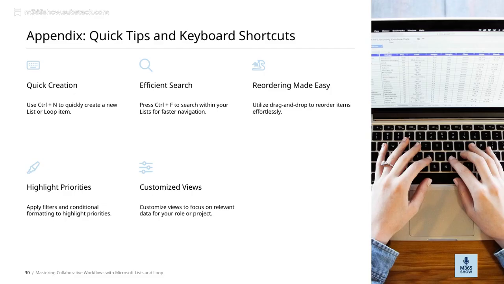Next, reordering items is simple with drag and drop. This effortless method allows you to organize your list items exactly how you want without any fuss. For faster navigation, remember that pressing Ctrl+F lets you search within your lists. It's a great way to locate specific information in seconds. And when you need to add new items quickly, just hit Ctrl+N to create a fresh list or loop item on the spot. These shortcuts and tips are all about streamlining your workflow, keeping you focused on what truly matters,